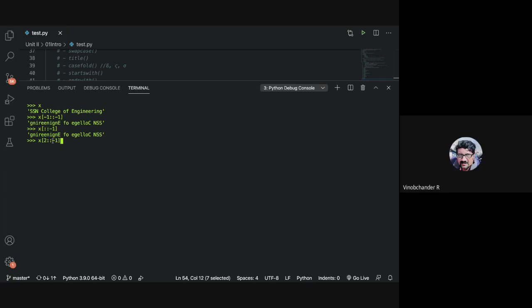Okay, so let us see what you get. Now see how this is working. It's starting from 2. We anticipated that it is going to be the entire string without the G till n. So what is happening here? It starts from n, and then it prints backward. Make sense?